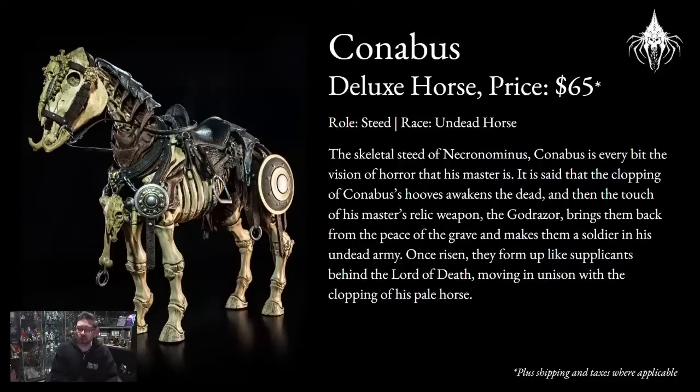The skeletal steed of Necronominus, Conibus, is every bit the vision of horror that his master is. It is said that the clopping of Conibus's hooves awakens the dead, and then the touch of his master's relic weapon, the God Razor, brings them back from the peace of the grave and makes them a soldier in his undead army. Once risen, they form up like supplicants behind the Lord of Death, moving in unison with the clopping